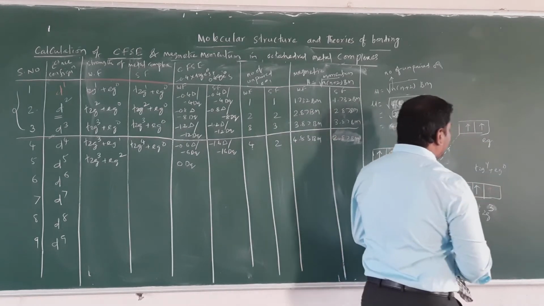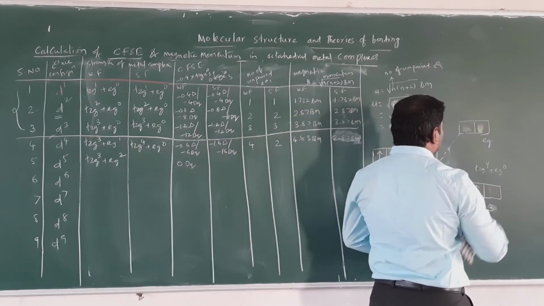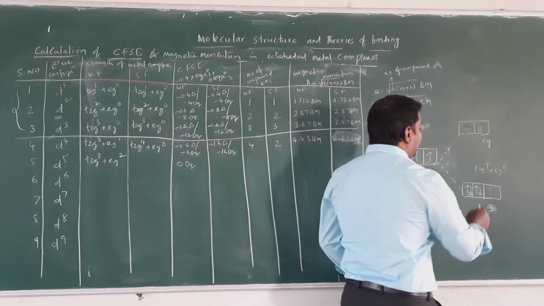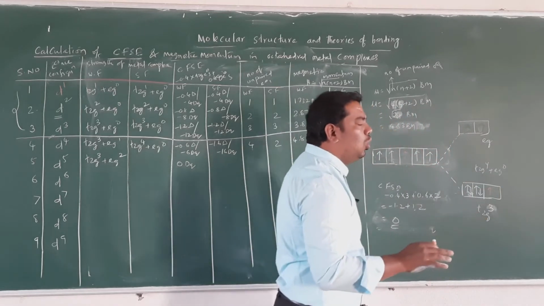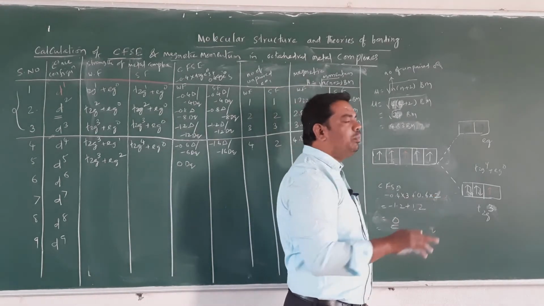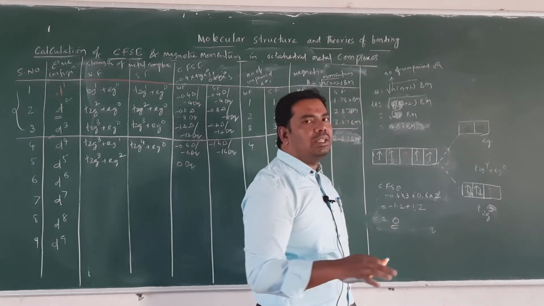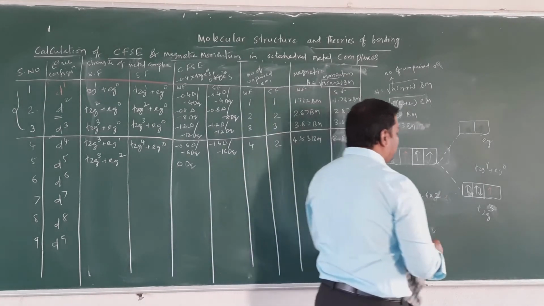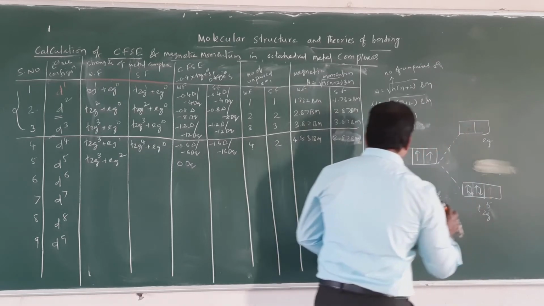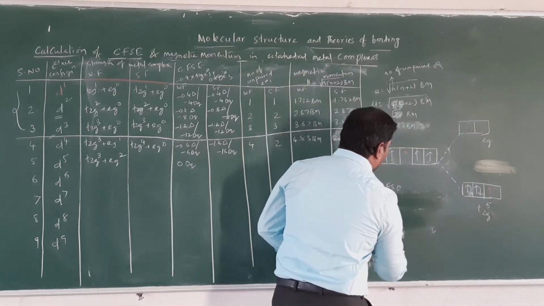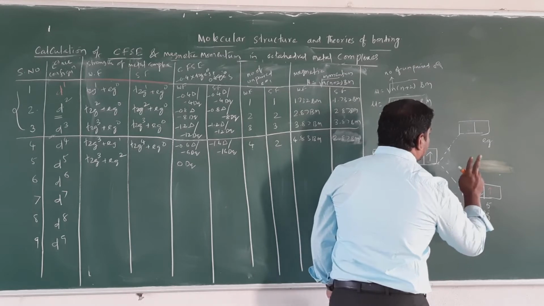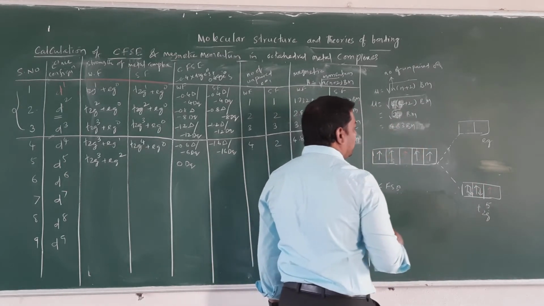Already I said strong field metal complex means only the pairing of electrons is possible. This is the fourth electron and fifth electron. So these electrons are paired up in the lowest energy levels only. It cannot follow Hund's rule. The pairing of electrons takes place against electron repulsion. So therefore here the configuration is t2g5 eg0. How many pairing electrons are there? 2 pairs are there.